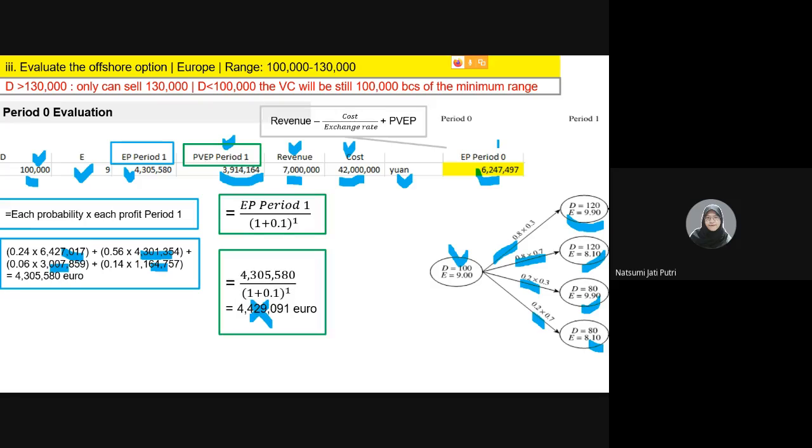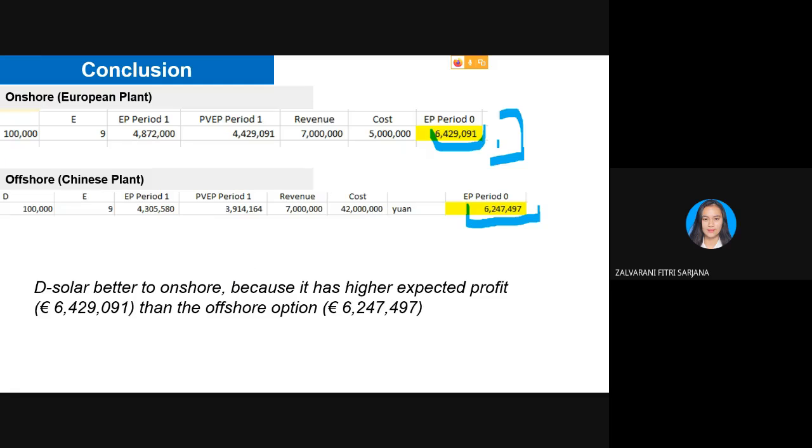Is there any question? Kak, jadi nanti intinya conclusion-nya berdasarkan period 0 ya Kak, berarti EP dari EP period 0. Iya, jadi tapi panjang ya Kak perjalanan. Iya, jadi expected profit di periode 0 ini udah jadi kayak profit di periode masa depan tuh udah ditarik ke periode 0 atau periode sekarang ini. Jadi udah diperhitungkan juga periode-periode di masa depan itu.